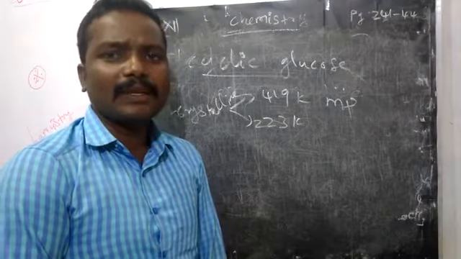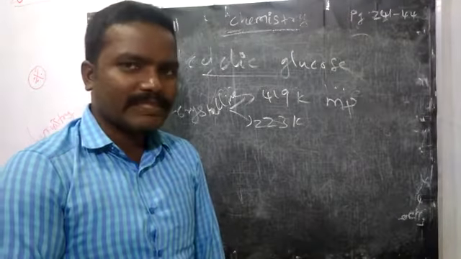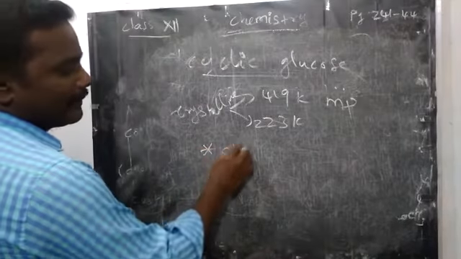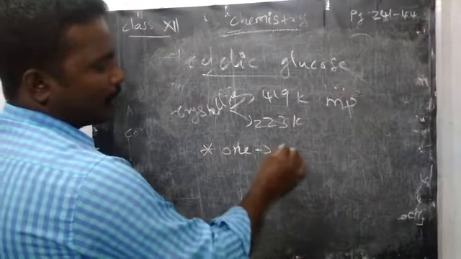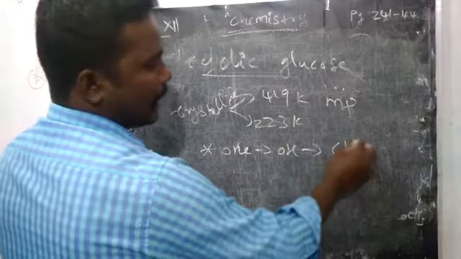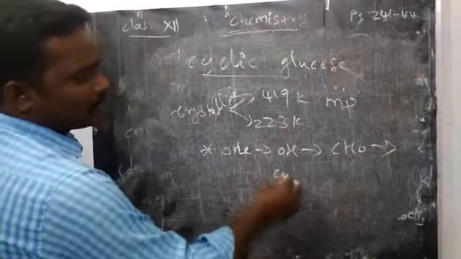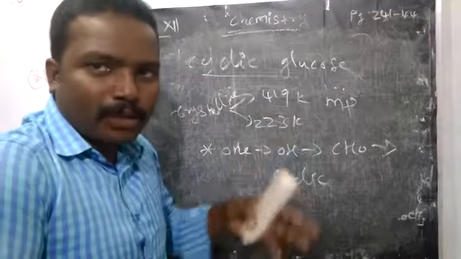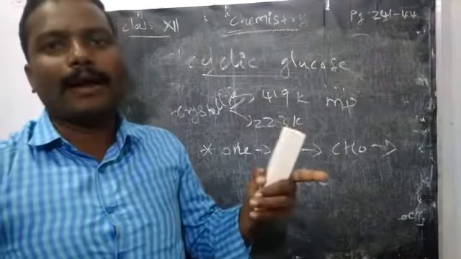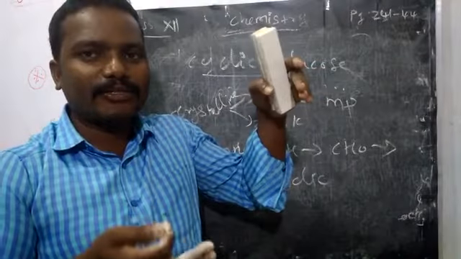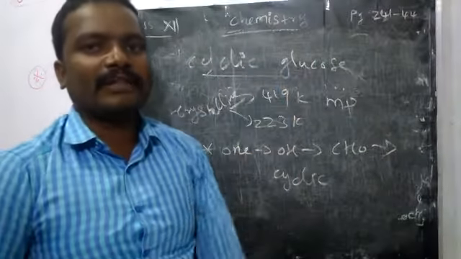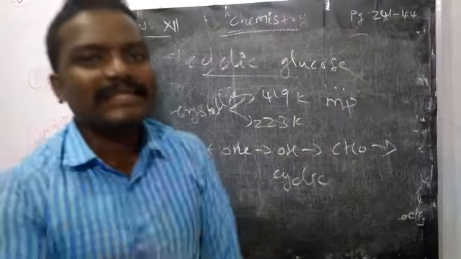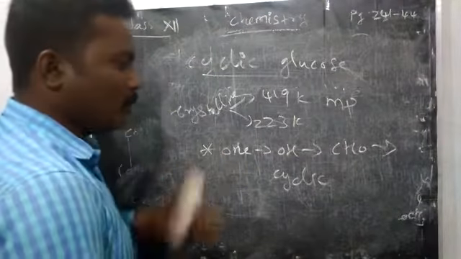Very easy. Listen, the aldehyde group is present as well as many OH groups. So one of the OH groups bonds with the aldehyde group to form a cyclic compound. See, in glucose we have many OH groups and one aldehyde group. One of the hydroxy groups reacted with that C double bond O group, the aldehyde group, forming a cyclic structure. Okay. Now what happened?